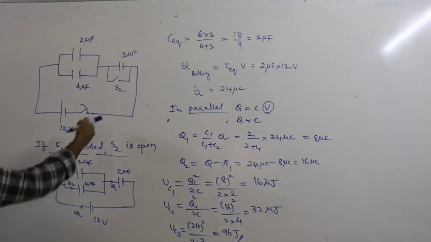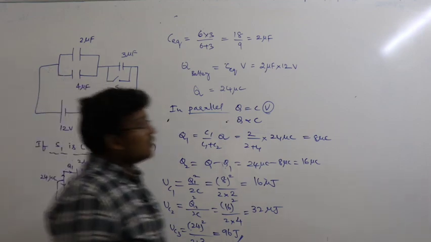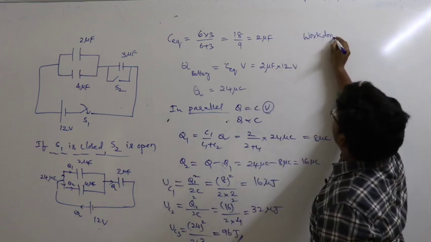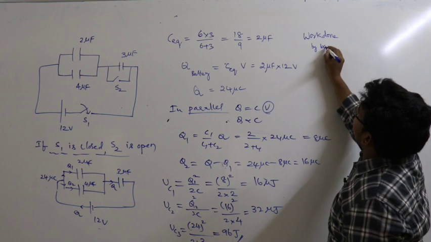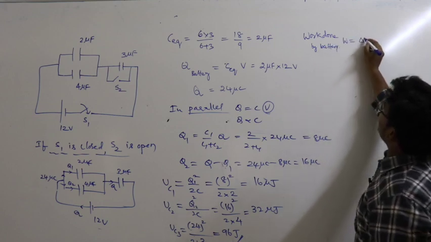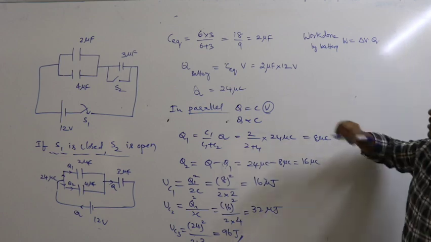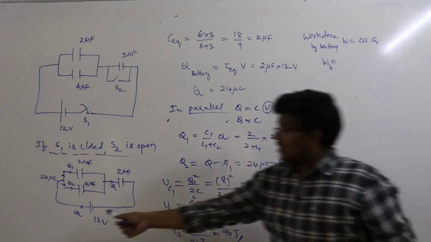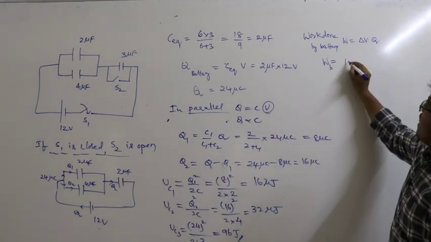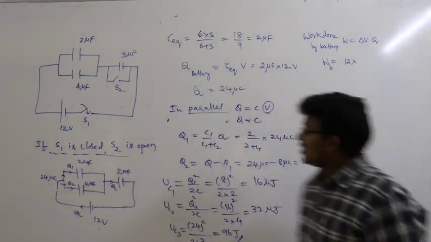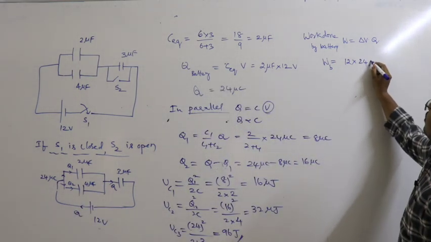Now tell me, what is the work done by the battery? Work done by the battery. Now you know the formula, work done is equal to potential difference into the charge, VQ. Now work done by the battery is equal to, what is the potential difference of the battery? 12 volts into, what is the charge starting from the battery, in this case 24 micro